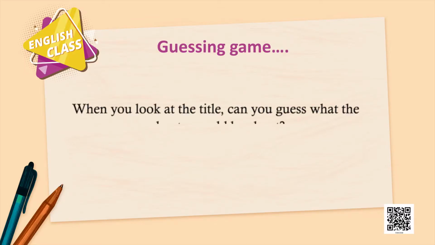Let us move ahead. As it has a very self-explanatory title, let us play a small game before we start reading the lesson. It is called the guessing game. So Suhani, when I say the title, The Hack Driver, what do you understand about the title? What could the lesson be about? When I look at the title, I think the chapter would be about a driver who hacks into people's social media accounts, or probably a driver who hacks drives.